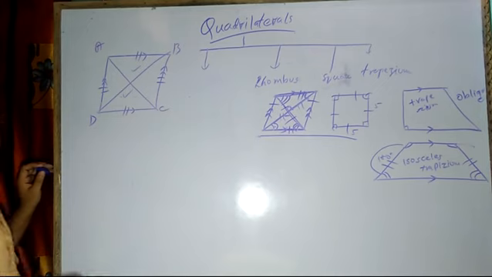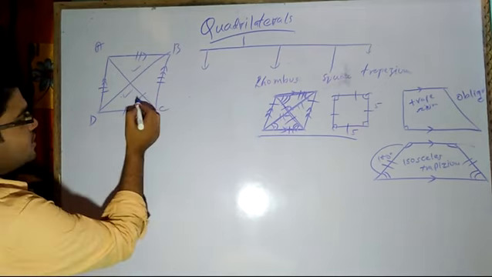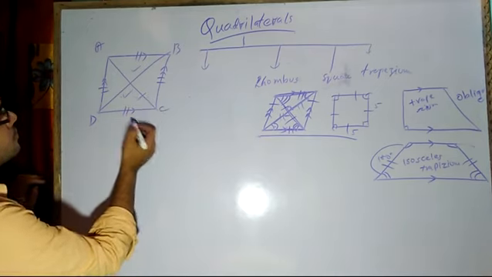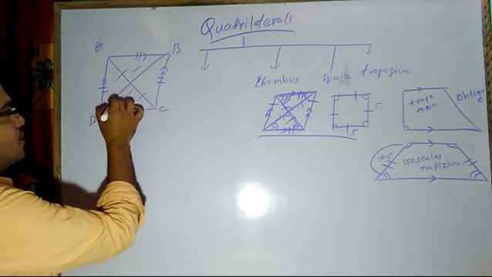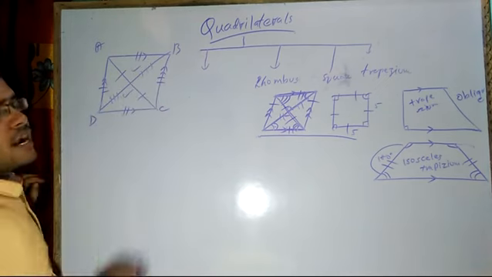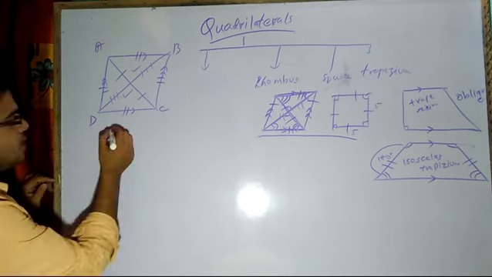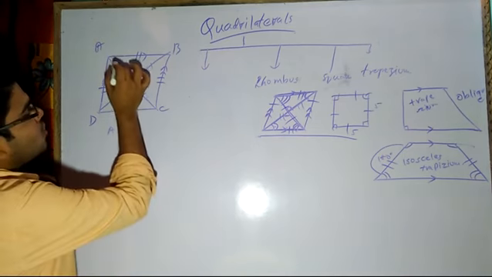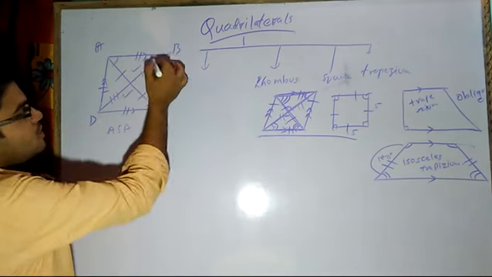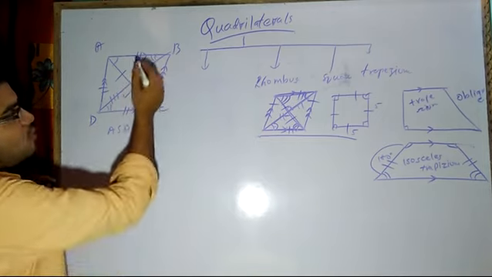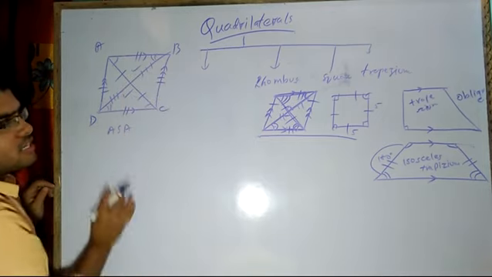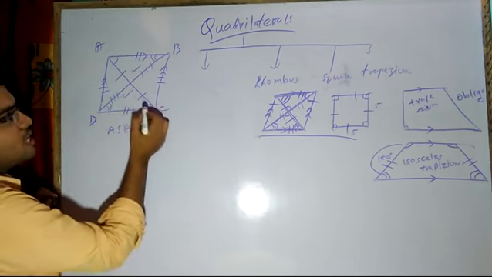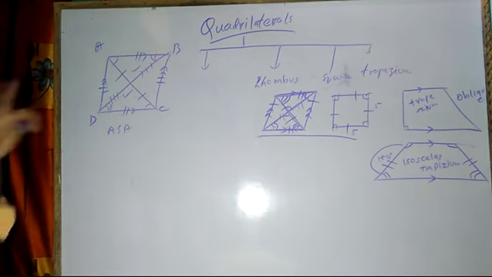These two triangles are congruent. It is proved that this side is equal to this side. This side is equal to this side. This is what I have proved by angle side angle criteria, because this angle will be equal to this angle. This angle will be equal to this angle. Opposite sides are equal. Angle side angle criteria, these two triangles are congruent. Definitely these two sides will be equal. So this part is okay.